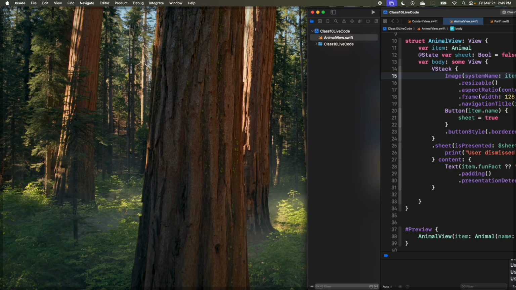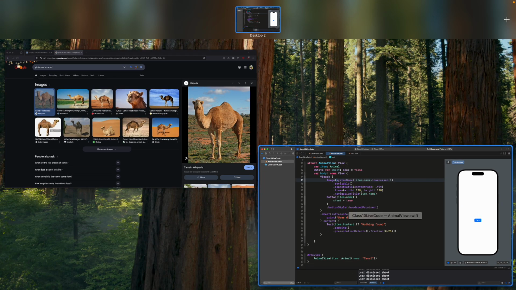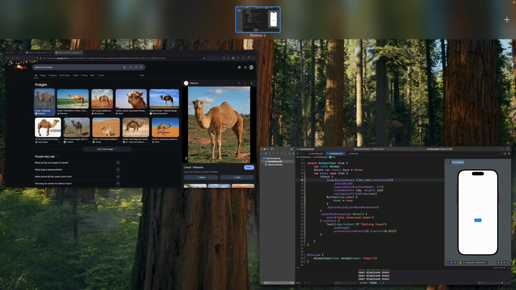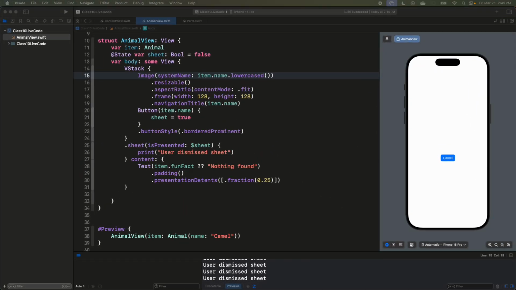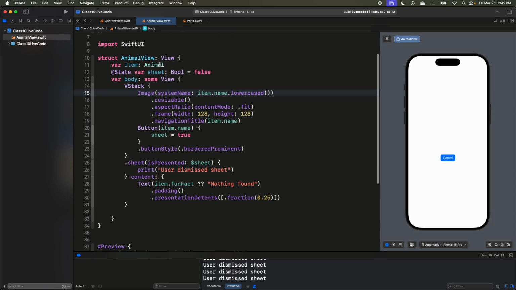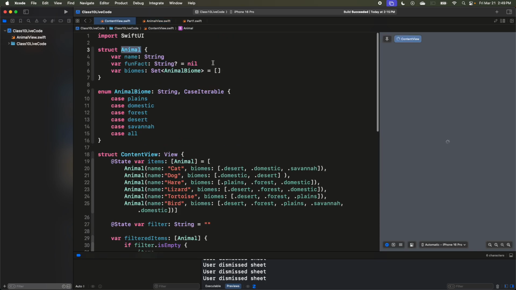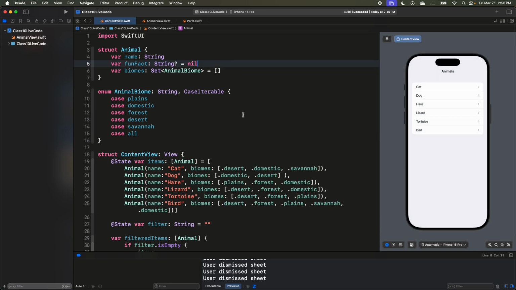So, I want to do this just to make sure I have the right thing here. Okay. So a way to use AsyncImage, right? First thing you'll need is a URL, okay? And we're gonna get a different URL for each animal, right? So let's go back to our animal here, and we're gonna define